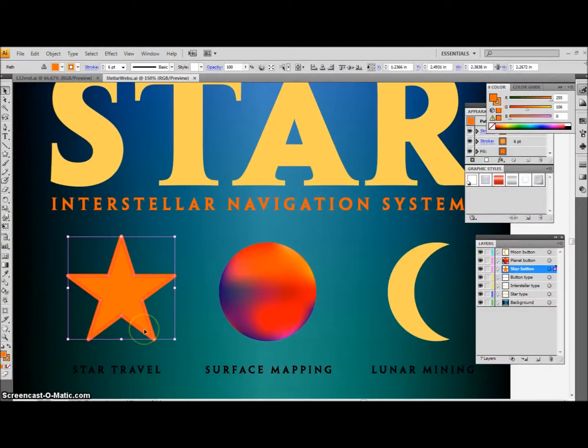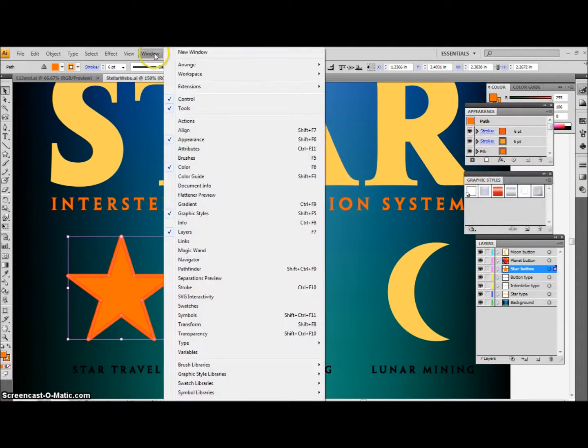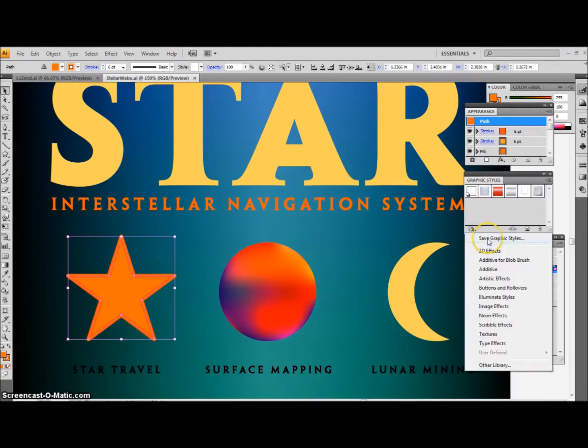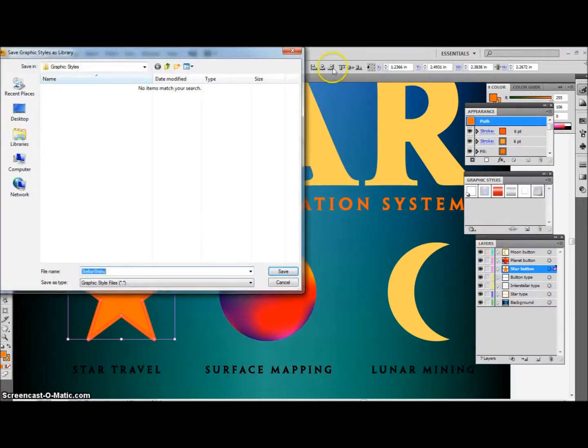With the star still selected, we are going to open up the graphic styles panel. So if you don't have it open, you can go to Window and Graphic Styles. We want to take that style that we have created for the star, and we're going to move it down in there. Now I found when I tried to just drag it in, as the book shows, it did not work. But if I clicked on Save New Graphic Style,